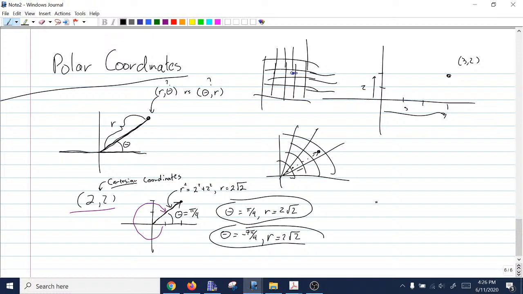Your r values are allowed to go negative. I can say let theta be negative 3 pi over 4, and then let r be negative 2 root 2. Rotate to the right 3